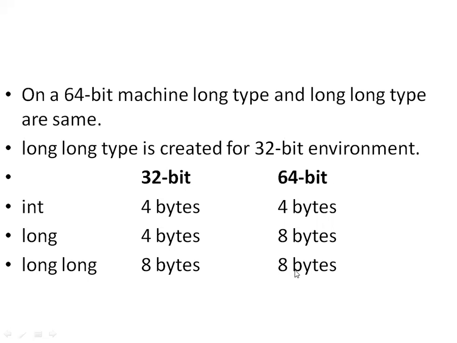In future, when you have 128-bit machines, this long may become 16 bytes. But currently on a 64-bit machine, long and long long are both the same. So that's why in our programs we are using only long type. TCS people use 64-bit machines, and on them long and long long are both the same 8 bytes, so there won't be any difference. Better you follow long only instead of int. Take any number as a long type.